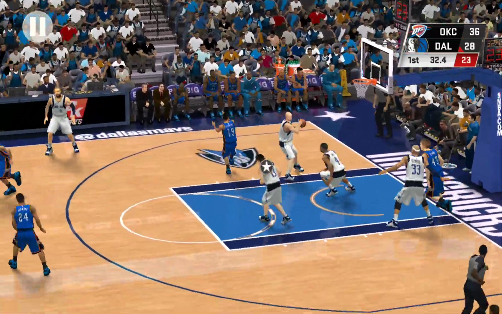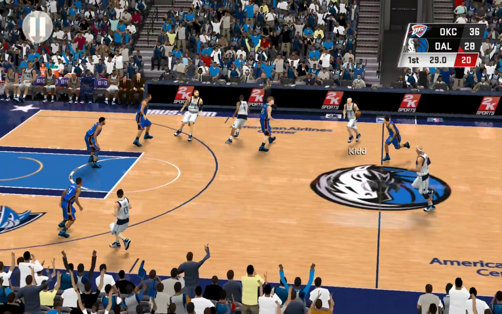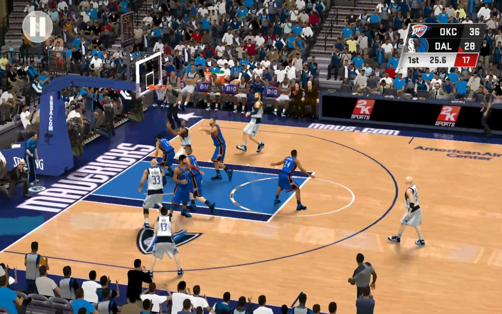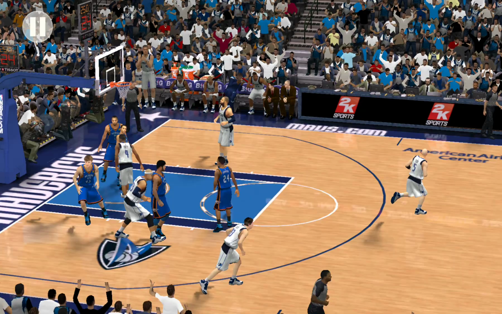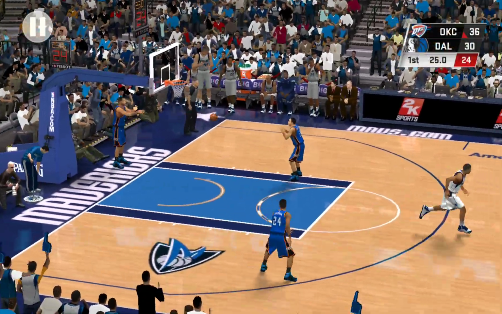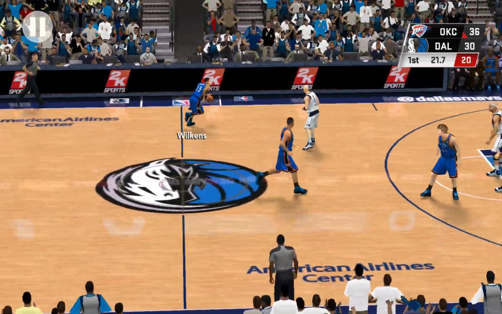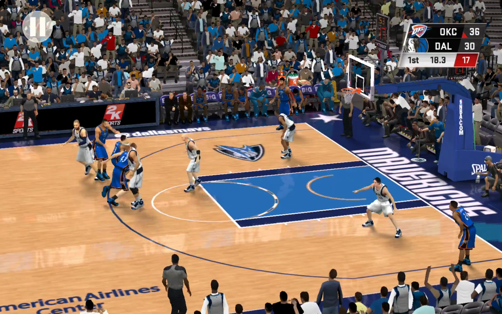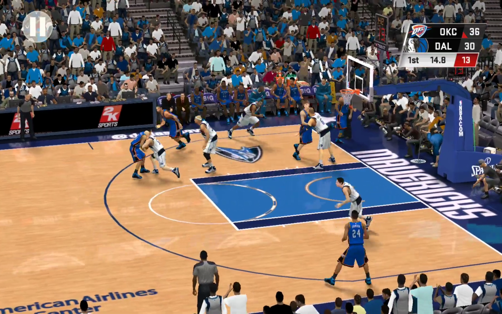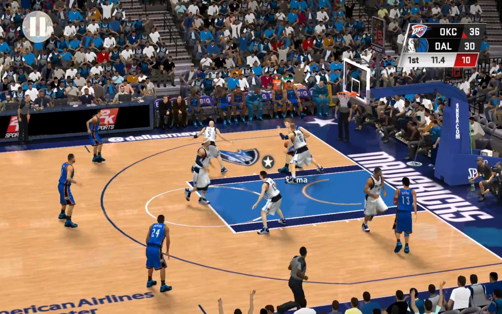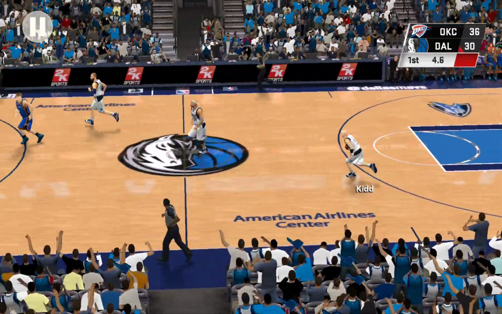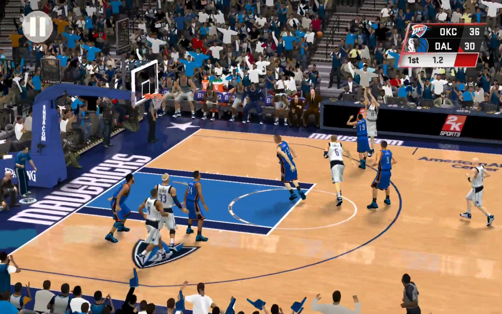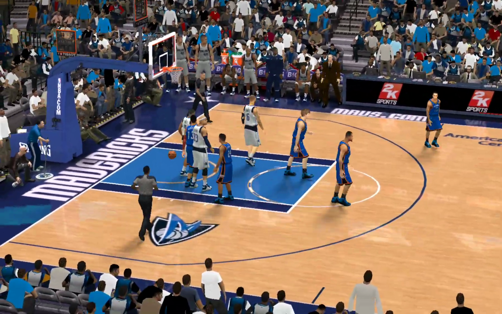Now here's Lewis. That was a good rebound right there, but they haven't been very strong on the glass so far. And it's the Thunder with the ball. 6-point lead. Outside Wilkins. Sigma. Here comes Jason Kidd. Here's Nash. No shortage of scoring here at the end of the first quarter.